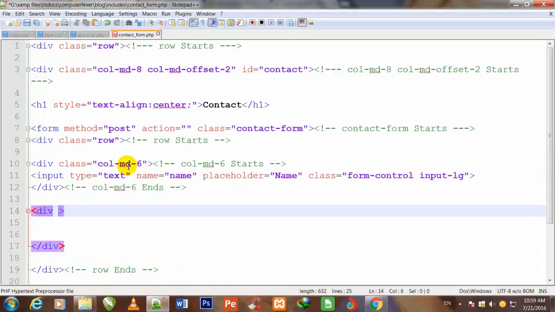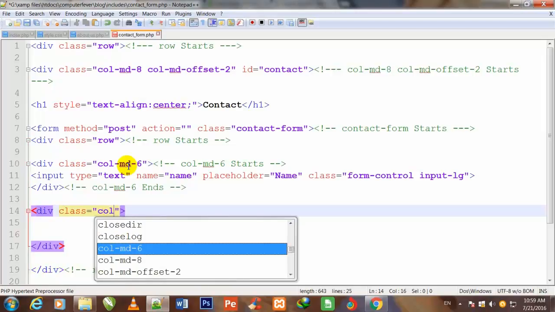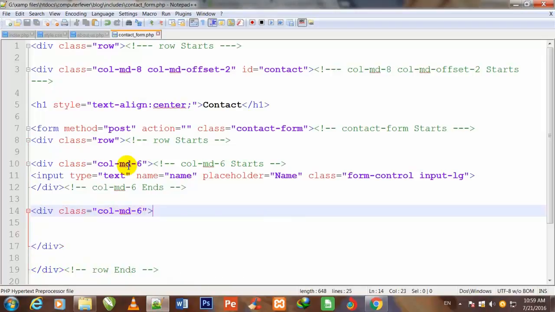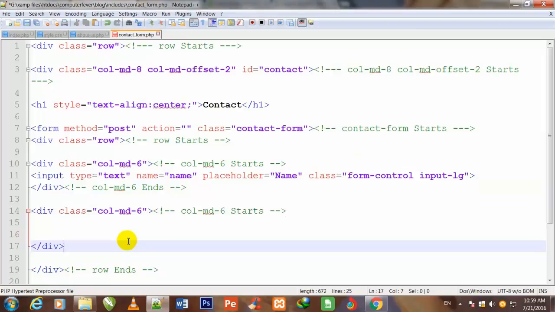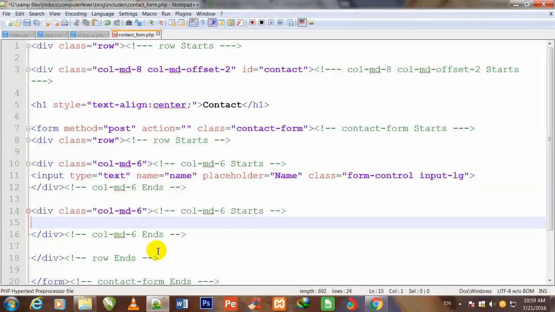I make one more div under it, and I also assign a class to it, col-md-6. When you will see my Bootstrap course, then you will understand everything about the Bootstrap default classes and the usage of Bootstrap. I copied this comment and paste it down, and here I write ends on the place of starts. So I make one more input tag under that, and inside that div